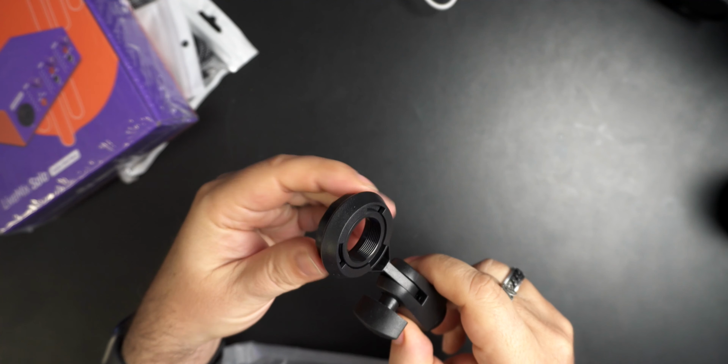But again, you get all this for like 80 bucks. So it does come, as you can see here, with its own little stand. I'm guessing if you didn't want to use the shock mount. Now the shock mount, I think would be really good because I want to get a decent scissor arm. That shock mount will be useful, of course. It takes out some of the vibration sounds and all the little movement sounds that you would get when you're adjusting the scissor arm. But if you're just on the desk, I would think this should be fine. Yeah, I would think so. I don't really know, but